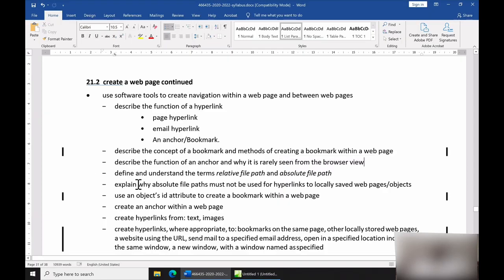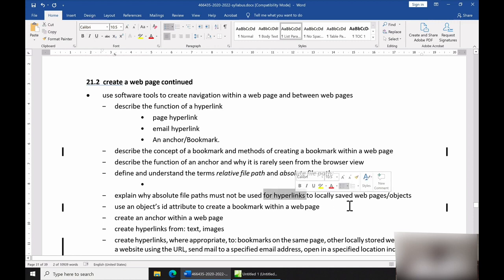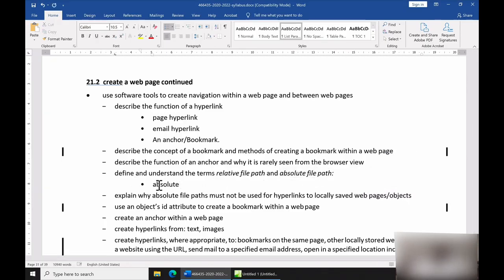The second question identifies the terms relative file path and absolute file path. Now, if you look at these two, you would know that it's very important that we always try to avoid absolute file path whenever we are doing a hyperlink or saving any web objects like images inside our link. The question is why? Because if you are using an absolute file path, anything that you link will be, in terms of absolute, related